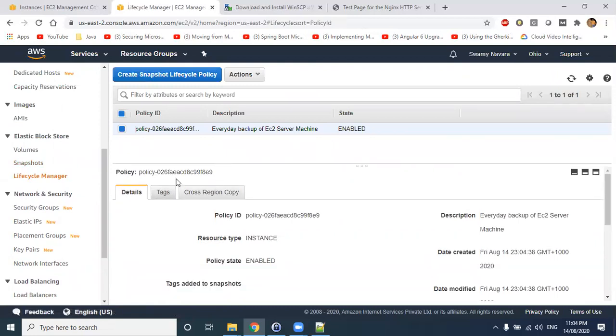Questions here? This is no cost. One thing you need to understand: creating this job, they don't charge you. But if you create this job, for example, every day one snapshot will be there, or by the end of the week, 7 snapshots will be created, right? These 7 snapshots will be stored in S3, so for that, AWS will charge you. But for this, it is free of cost. Lifecycle Manager creation of snapshots is free of charge. Okay.